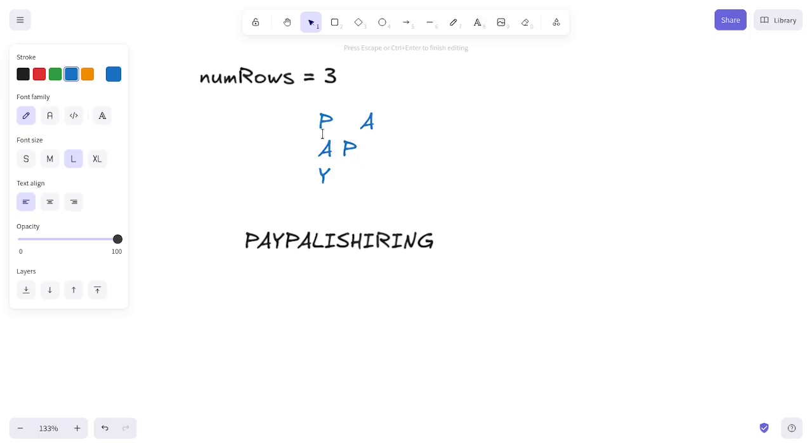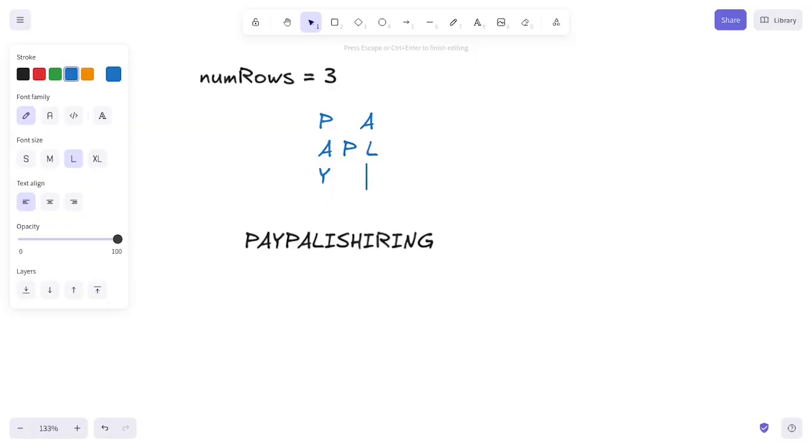And then after we assign a, since a reached the first index of the num rows, to prevent the out of bound error or reaching the index of -1, then we need to go down again using the if check, somehow using the if check. And after appending the a into our array of strings, then we can assign L to the second row,